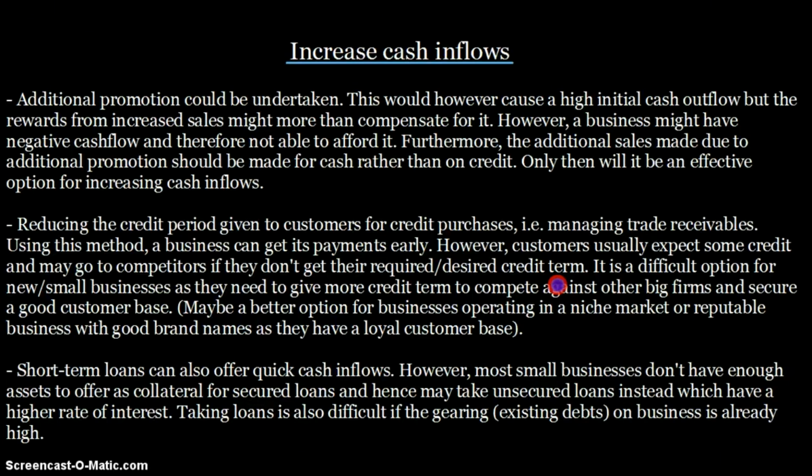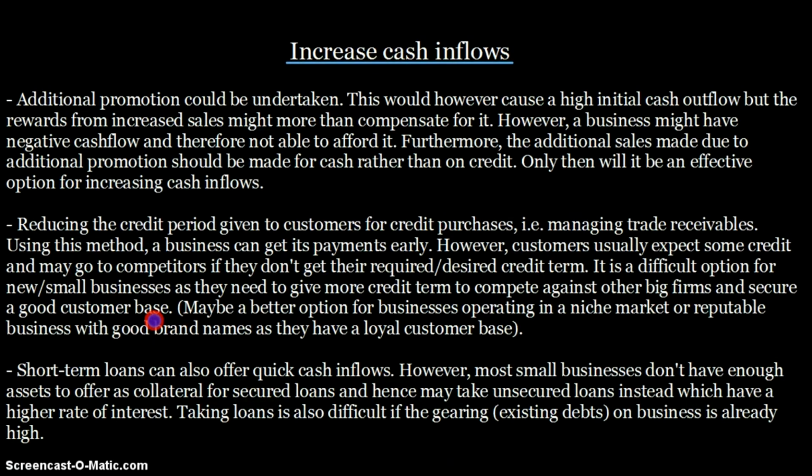You want to reduce your credit term, but not so much that your customers actually leave your business. Okay, you don't want that. It is a difficult option for new or small businesses, as they need to give more credit term to compete against other big firms and secure a good customer base. So instead, what you could do,